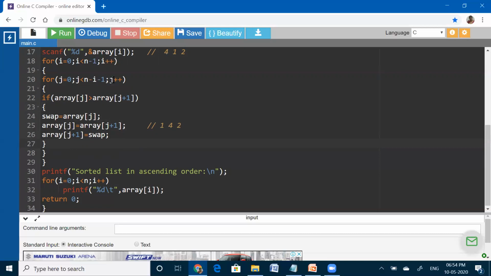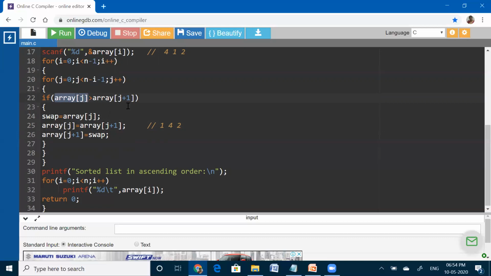Now the j value will be incremented by 1. Okay. Now j becomes 1. Now what is the value of array of j, array of 1? 4. Okay. Now we have not yet reached the end of the list, so still the j value is less than the end of the list. Now we'll enter into this if condition. Inside the if condition, array of j, now what is the array of j?